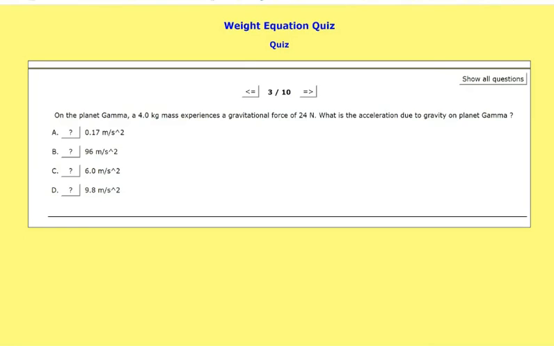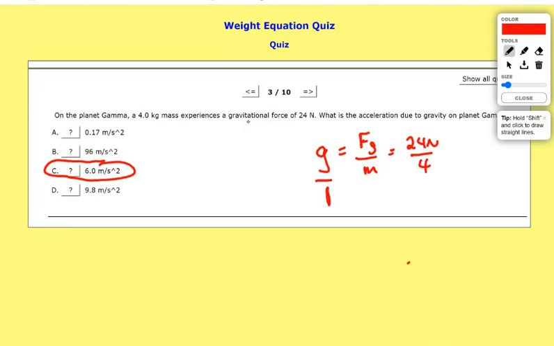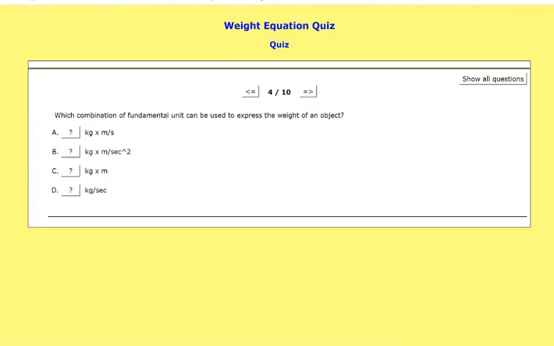Good. Another good question. On a planet, gamma, m is kilograms. Gravitational force is Fg. And so we do it again. We go to the reference table and find g. What's the acceleration due to gravity? That's this. Look how easy this is. 24 newtons divided by 4 kilograms. Pretty easy, right? Acceleration due to gravity. Any follow-ups on that, girls? I'm pretty sure I typically put one of those on there, okay?